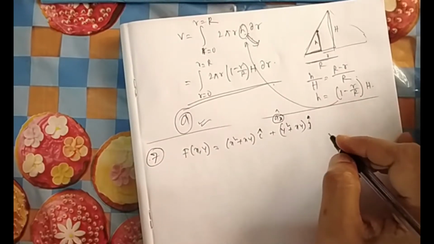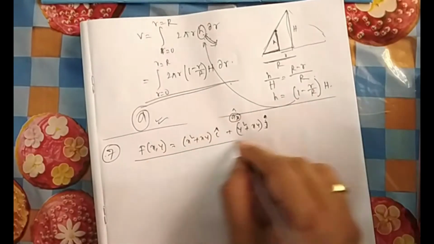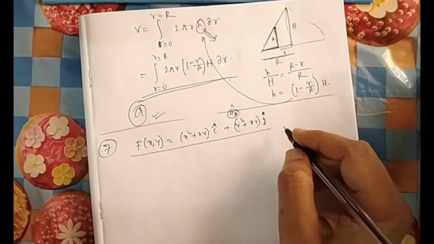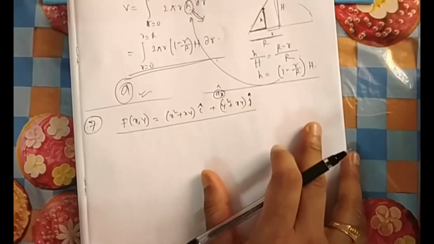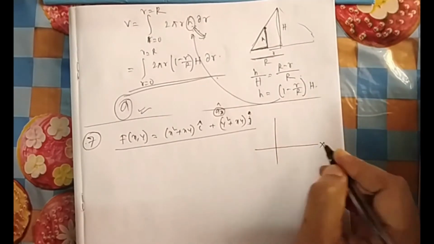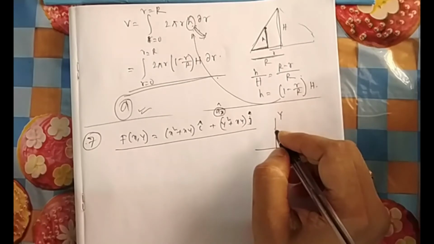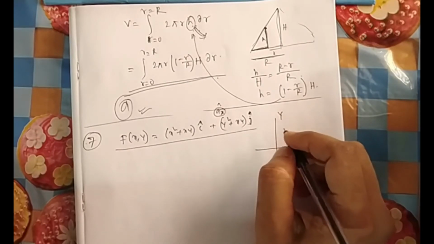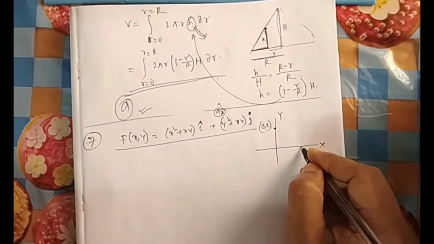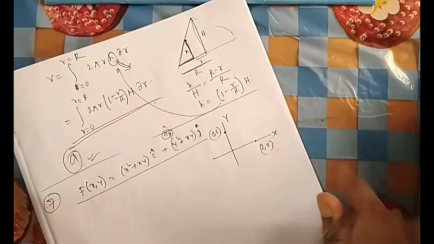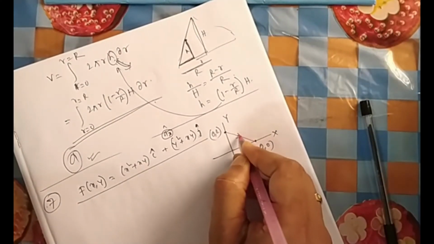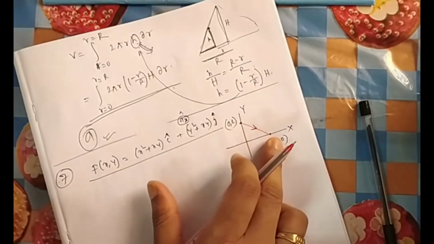And the line integral over the straight line. They are asking for the line integral. This is a vector field, a vector point function. Scalar point function, vector point function, you remember, this is a vector point function. And over the straight line. Now what is the straight line? The straight line is in the xy dimension, 2D only, from (0,2) to (2,0). So if I take this as my (0,2) position, to (2,0) here, from here to here they want me to go in a straight line. This direction will be very important: from (0,2) to (2,0).